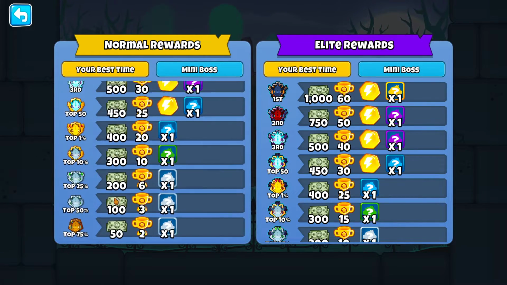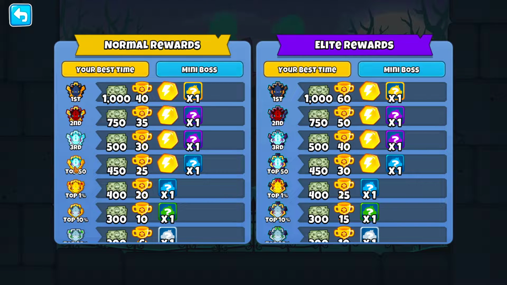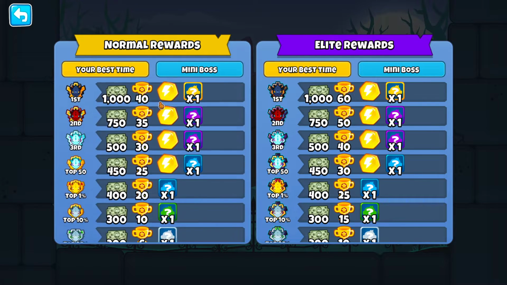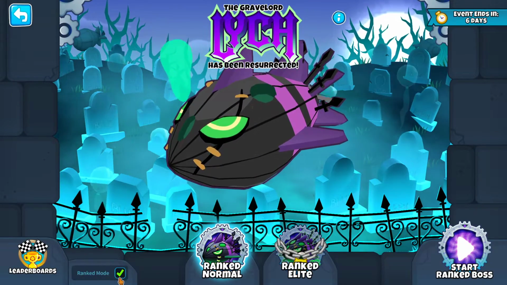Depending on your positioning on the leaderboard, you can see top percentage, or if you can get into the top 50, you can gain more trophies. And then here, I don't know what these things are. Seems like maybe some kind of power, but yeah, it's just some more stuff if you want to compete on